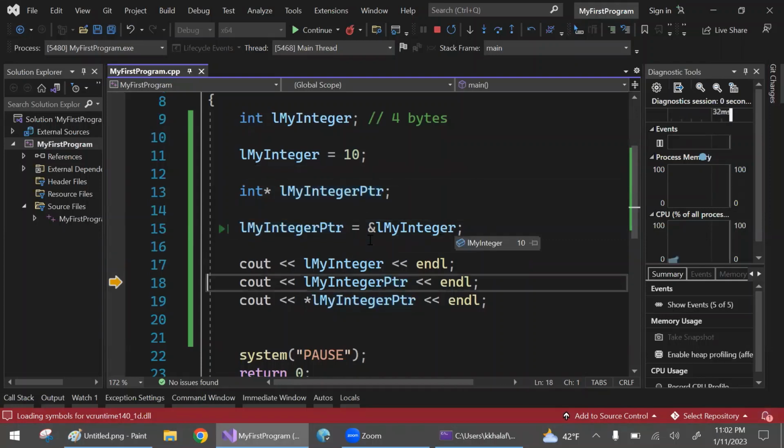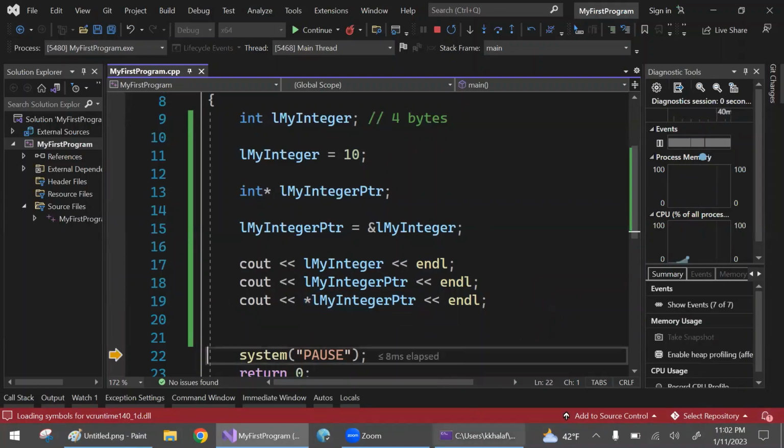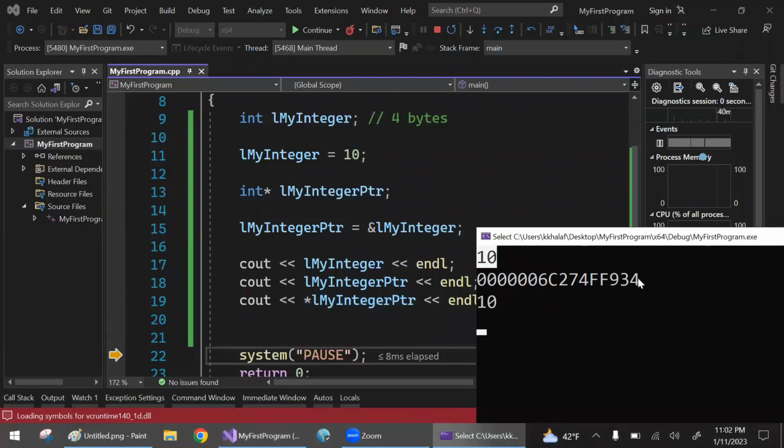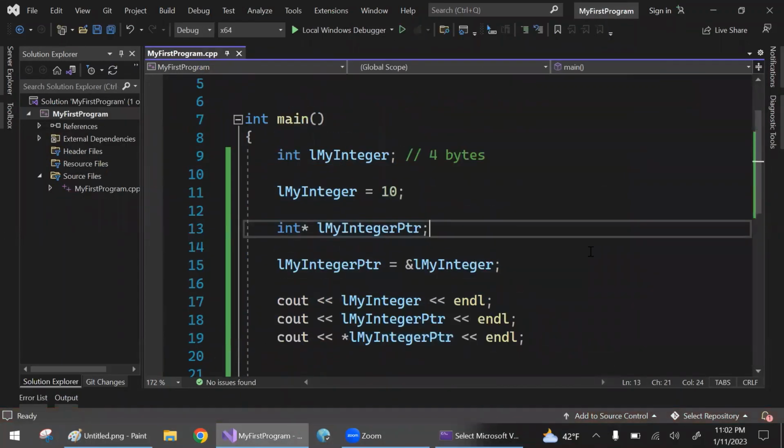So display my integer, display my pointer, and then dereference my pointer and give me the value that this pointer is pointing to. So notice the value is 10. This pointer is carrying this value, and if I go to this memory address and grab the value stored in this address, it would be 10, which is correct. So that's the idea behind pointers, and they are very useful because